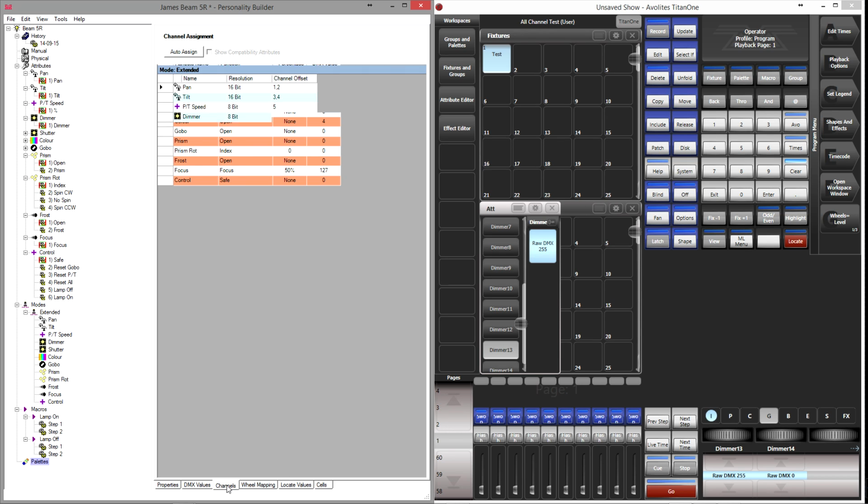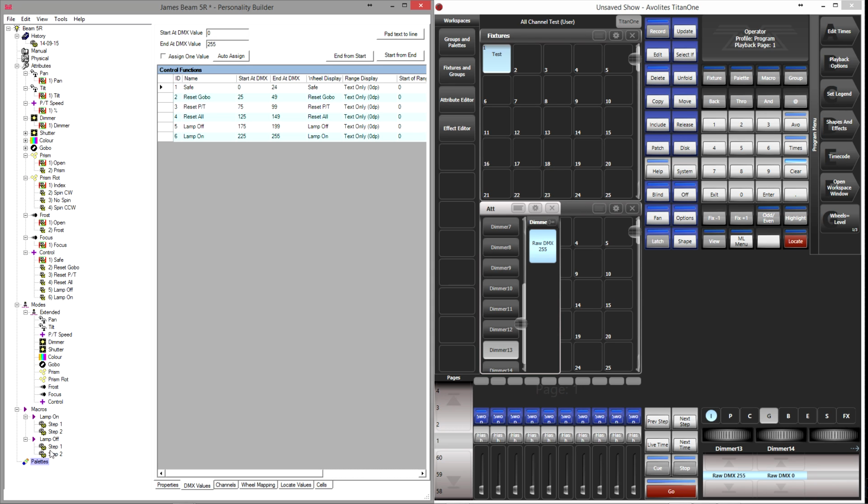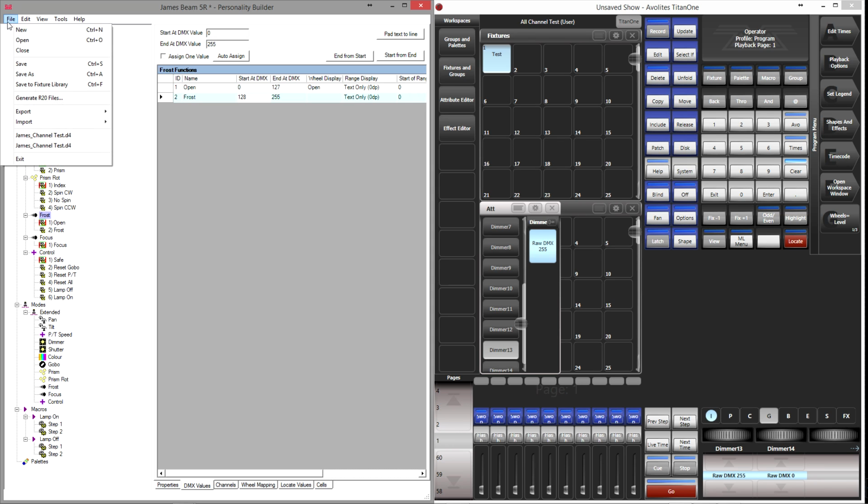It's not too difficult. Your channels, this is an easy way to go and edit your channel offsets. And this DMX values here is just like an overview, another way of editing the stuff that we did before. It's basically just a different run to the same end goal. So now, ta-da,